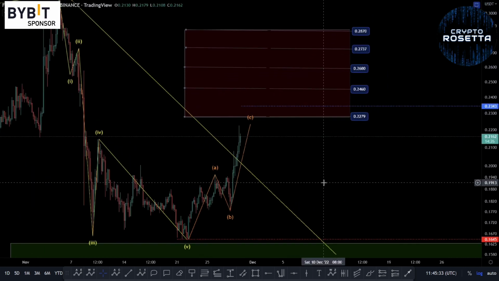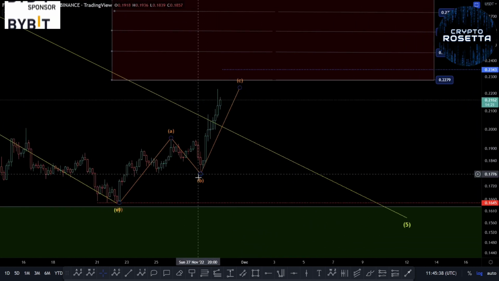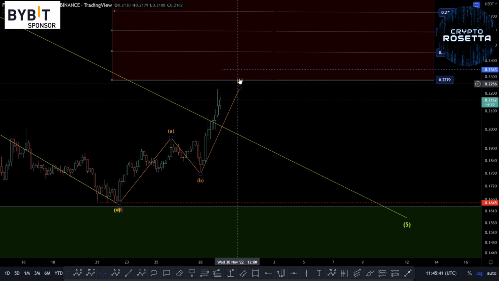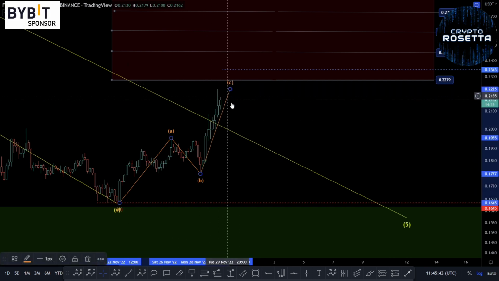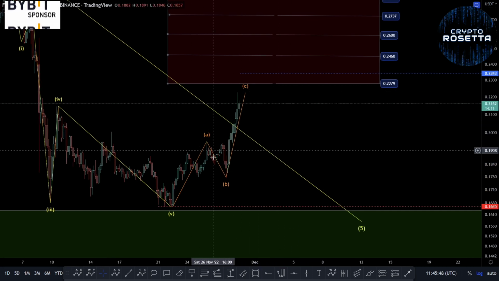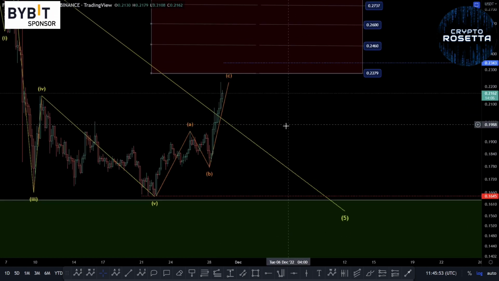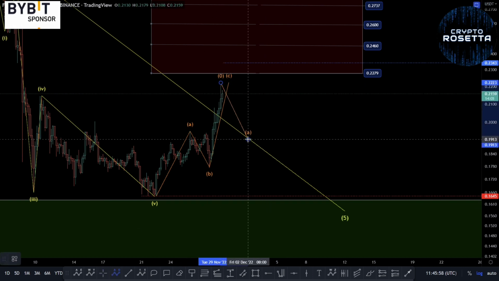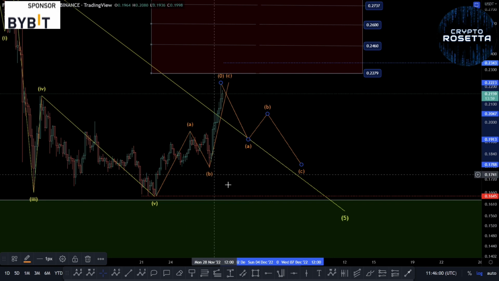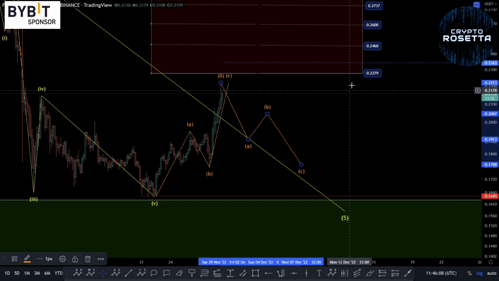Though for the moment, this is looking like it could potentially be completed. We could have a completed 5-wave move in here. So that could be just an ABC to the upside. From here, we've got two potential things that can happen. Either we're going to drop off in another 5-wave move to the downside, or we could proceed down in a smaller A, B, and C, potentially maybe testing out some of these low areas, and then look for a 5-wave move or a 3-wave move back up to the upside, depending on what kind of structure is going to develop within this.